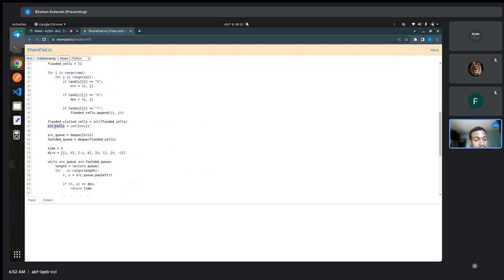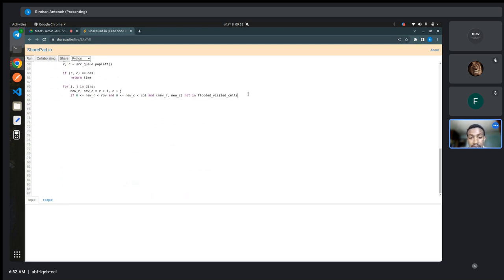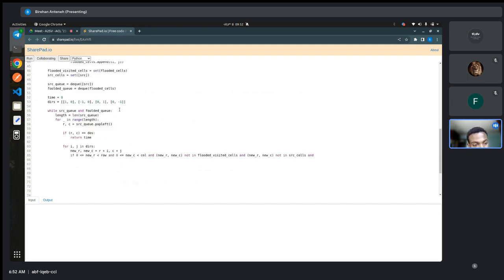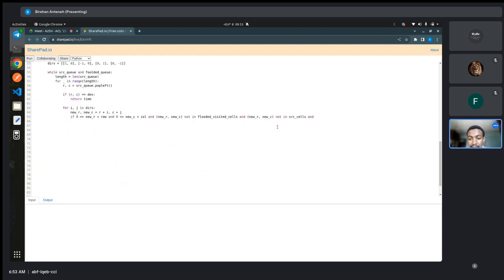So not in these cells, and new row, comma new col, not in source cells, and also it's not flooded, it's not been visited with the dot, and I want to check also